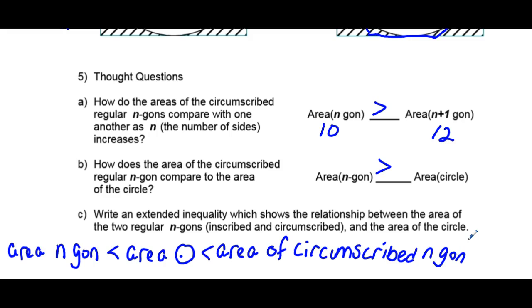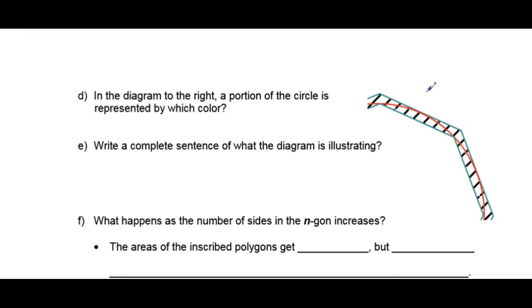So it might seem very advanced. Basically, if you look at this diagram right here, we have this circle in red, and we have two polygons: an inscribed polygon in blue, and the circumscribed polygon in blue on the outside. This is trying to show you the circle lying between the two polygons,